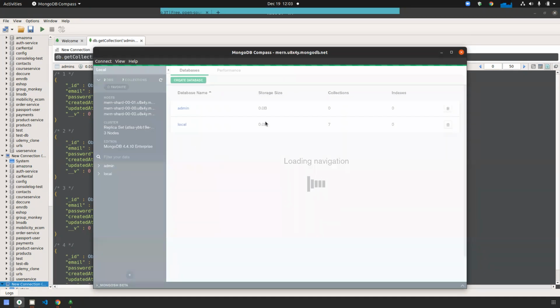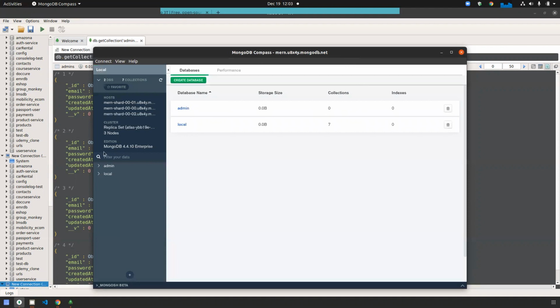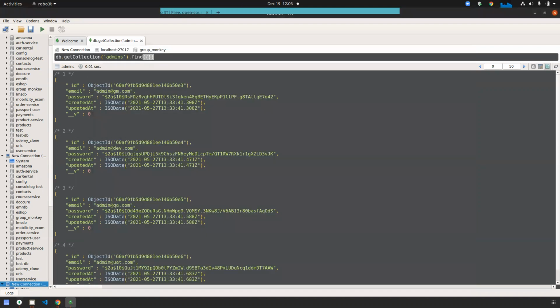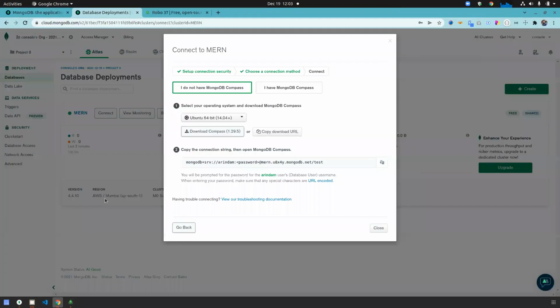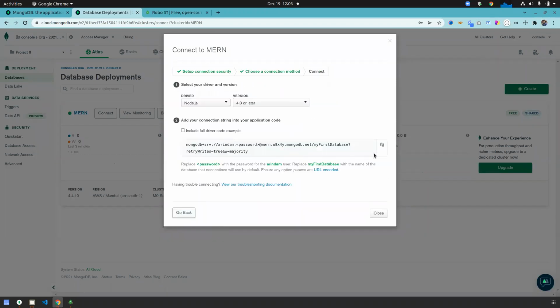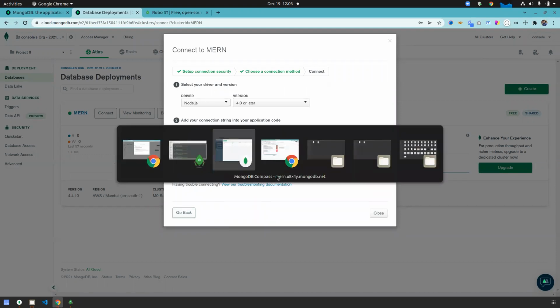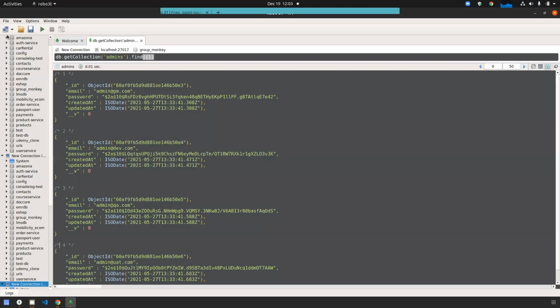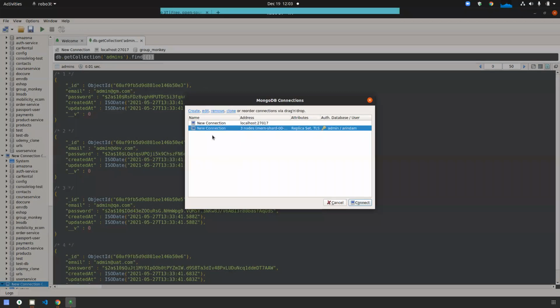See, it has created, it's connected with Atlas. But why is it not connecting? Go back, connect to application, copy. Try again.